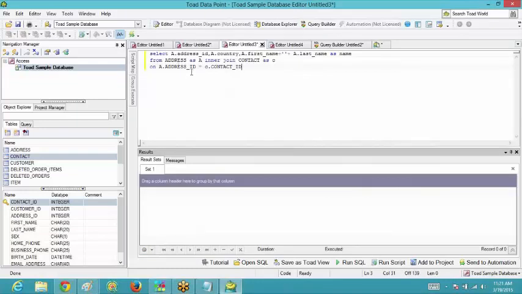Okay, Kavita, so this is your query. Address is A and contact is C. You see address ID, country, first name.